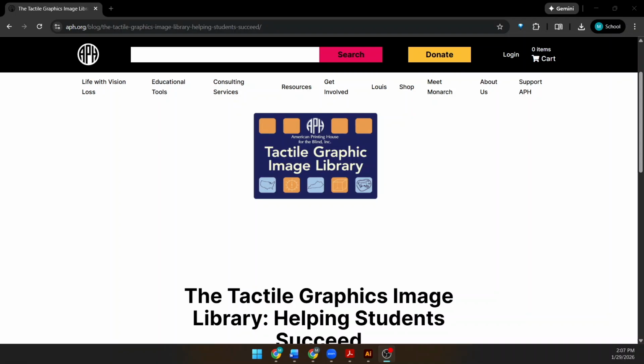The APH Tactile Graphics Image Library is a really great resource to help you provide lots of high quality tactile graphics for your students. And I want to show you some ways that you can make the most of it, how you can run these off on your embosser, how you can make some simple edits and those kinds of things. If you haven't been to the APH Tactile Graphics Library before, you will need to make a